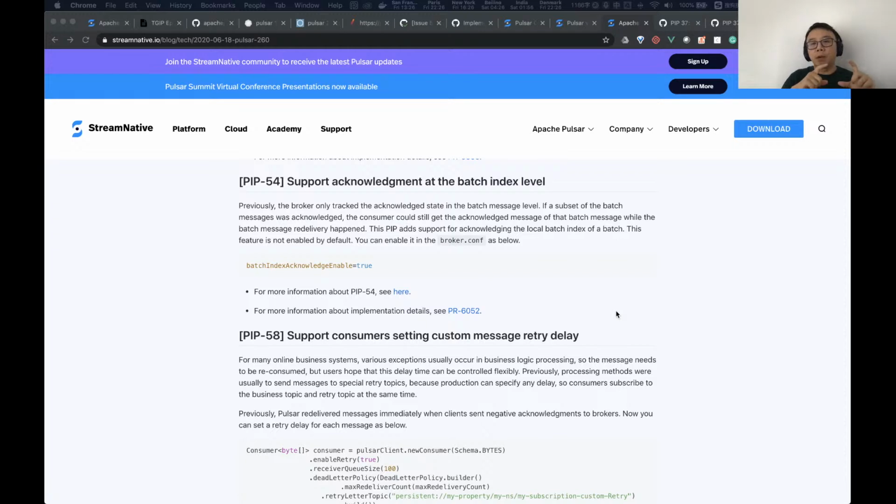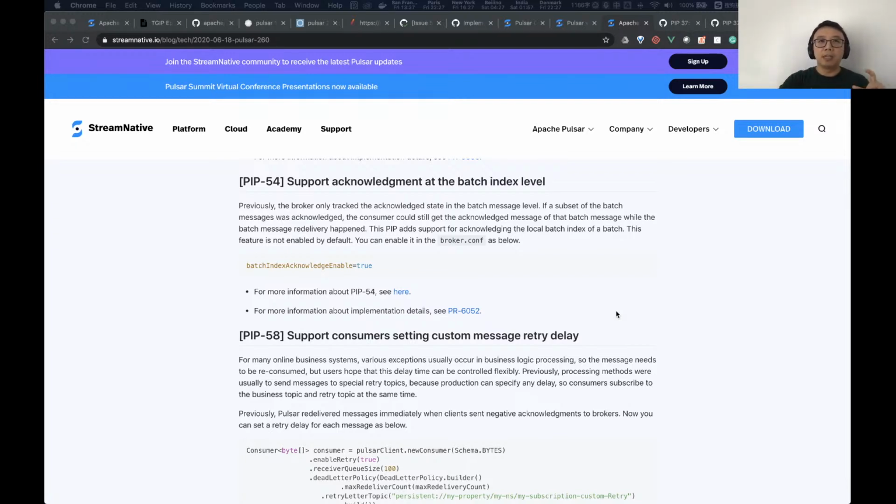If, let's say, an entry has 10 messages and you have already acknowledged 9 messages, but there's only one message not acknowledged, the broker is not able to mark this entry as acknowledged because there's still one message within that entry that is not acknowledged. So the acknowledgement mark will not be returned to the cursor. If the broker crashes,